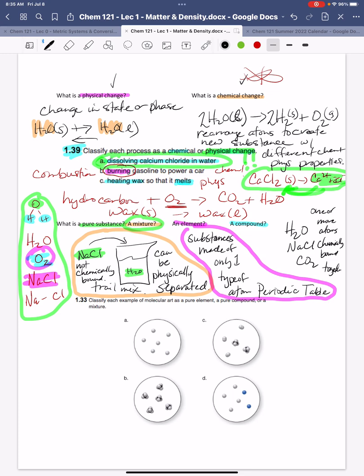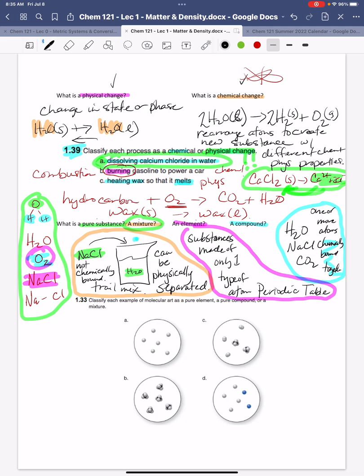Okay, so basically the big idea here, and what makes them different from a mixture, is these guys are attached. They've got bonds between them, and if we want to break them, we have to do chemistry. A compound is chemically bound together. That makes them hugely different than these guys over here. This is going to come up a lot, so be sure as you go through here: pure substance, mixture, element, and compound.